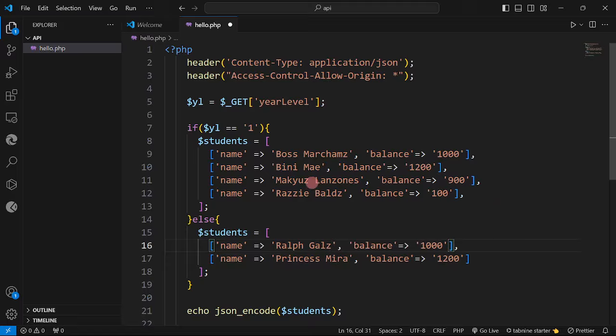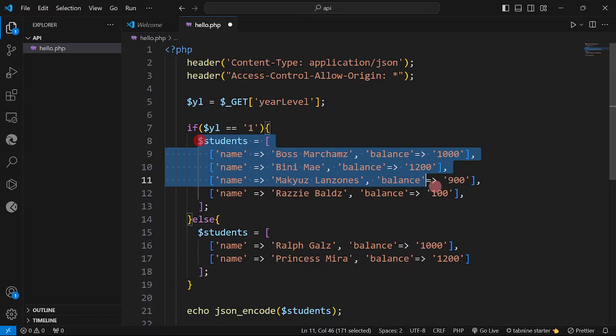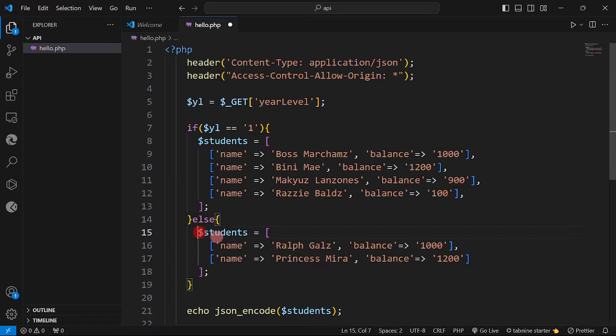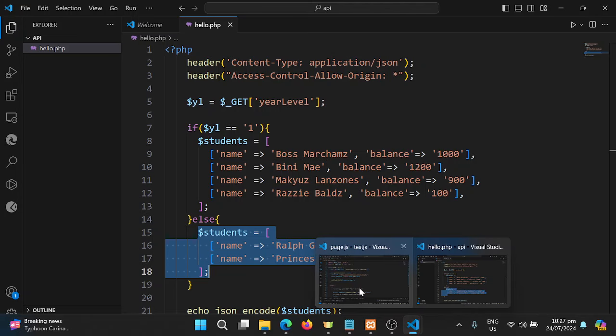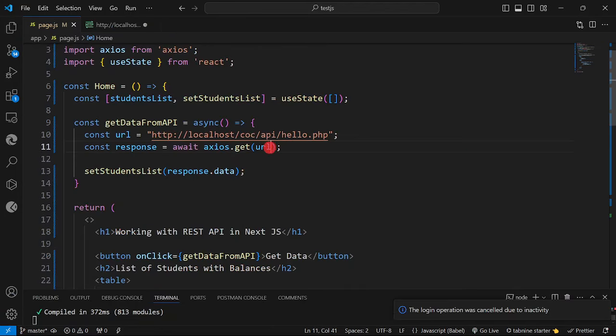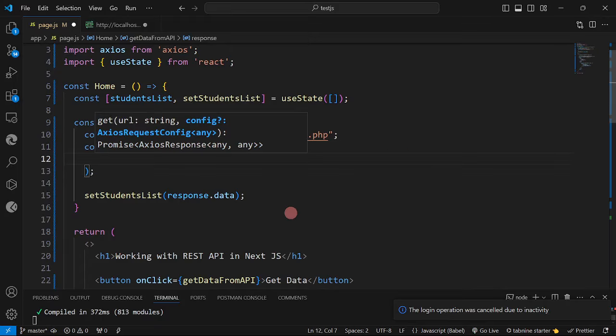So if the parameter is equal to 1, the yearLevel as a parameter is equal to 1, then I'm going to send all of these. But if it is not first year, we're going to send only, let us say, these third year students or upper years, Ralph and Mira. Save. Then from here, we are going to send a parameter, comma, then